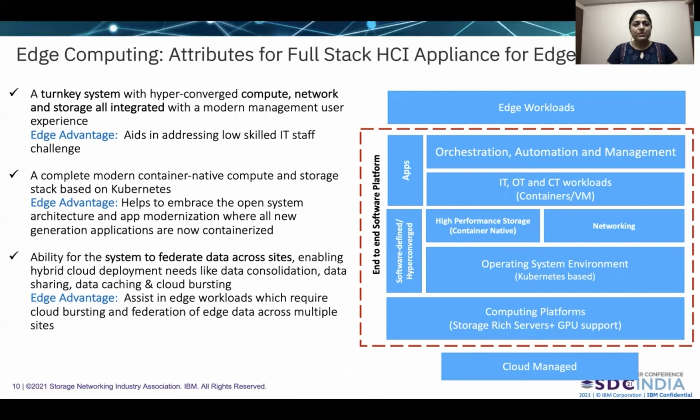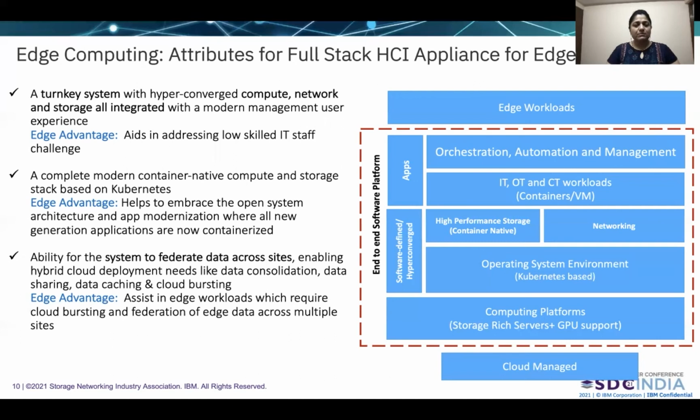The second attribute is a complete modern container-native compute and storage stack based on Kubernetes. Today, all the modern workloads are moving towards containerization and are becoming microservices based. This helps to embrace the open system architecture and app modernization in the edge computing world.